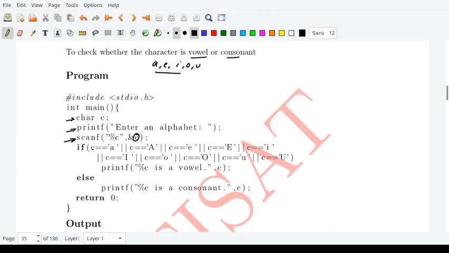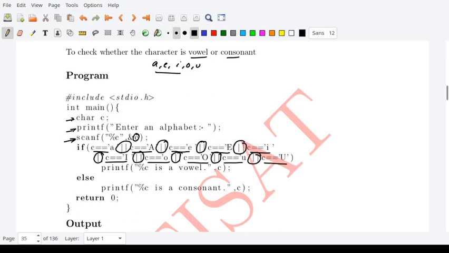I will check whether C equal to lowercase a or C equal to uppercase A or C equal to lowercase e or C equal to uppercase E or C equal to lowercase i or C equal to capital I or C equal to lowercase o or C equal to uppercase O or C equal to lowercase u or C equal to uppercase U.